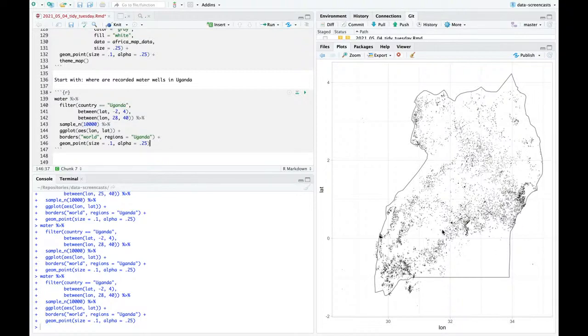An issue, and the reason I bring that up, is this might just be recording where there are cities and people. I'm sure it's highly correlated with where there are people in Uganda. But yeah, that looks like one place to start. Let's ask some more questions about just Uganda. So I'm going to filter down for